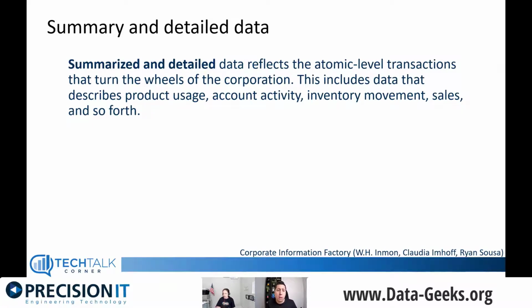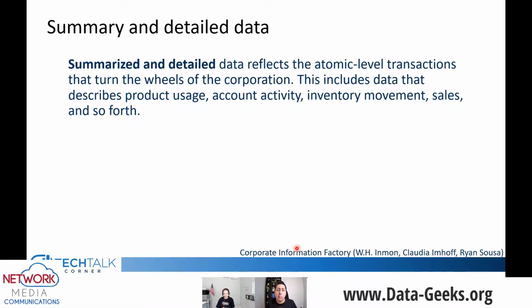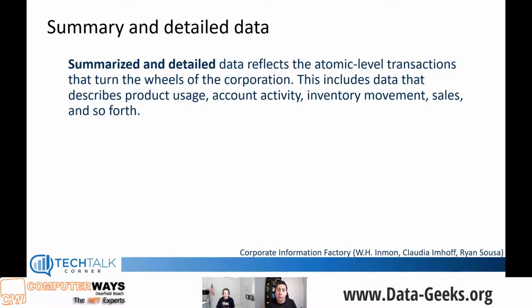So these were the last characteristics. All these characteristics, you can find them in the Corporate Information Factory. It's a great book, and you've seen at the very minimum 6 characteristics, which allow you to think that these 6 characteristics pretty much apply to any data warehouse.